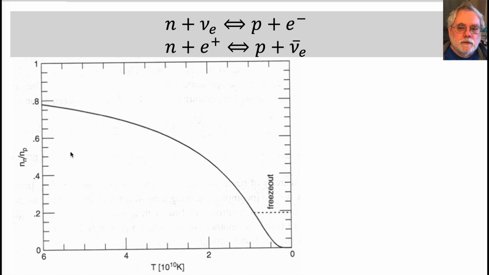The ratio of neutrons to protons decreased as temperature fell, as shown in this graph. In this graph, the horizontal axis goes from high temperature on the left to low temperature on the right. Before 1 second, neutrino-antineutrino pairs had also stopped being created. Neutrinos decoupled from matter, from protons, neutrons, and electrons, and perhaps also from dark matter.